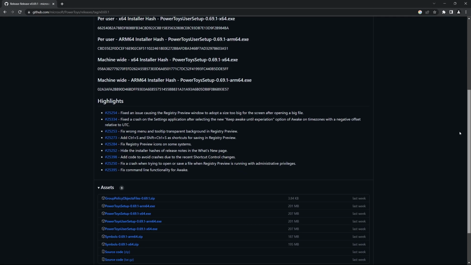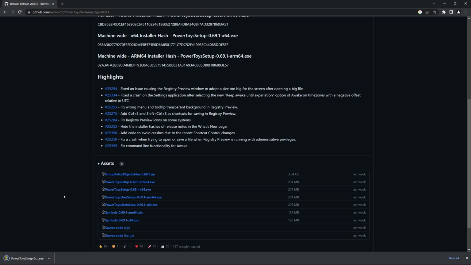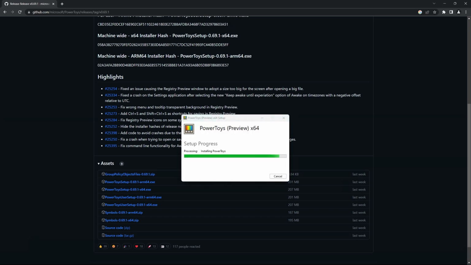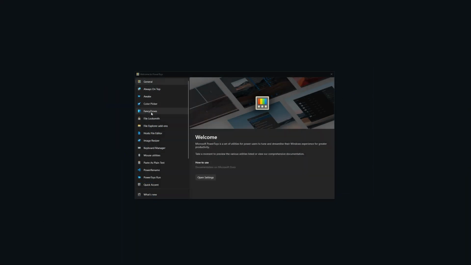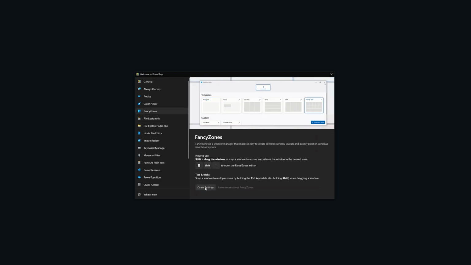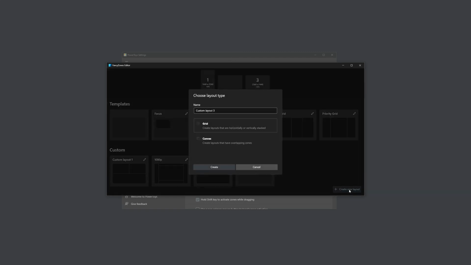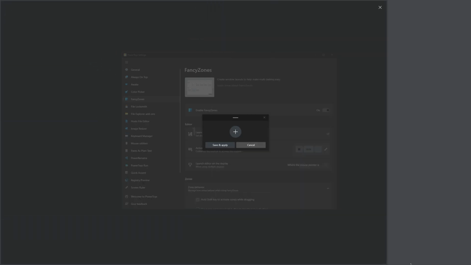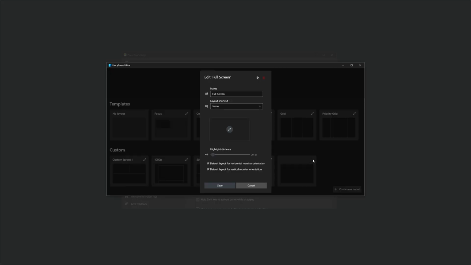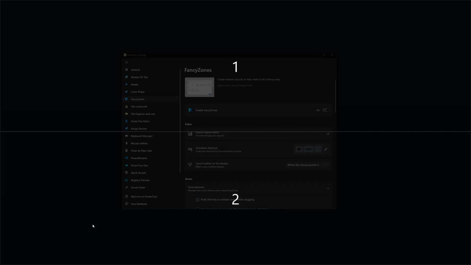All you need is to install PowerToys, a handy tool developed by the folks over at Microsoft. So yeah, it only works on Windows. There are a bunch of cool features in it, but we're just gonna lightly touch on FancyZones. Launch the editor, choose a screen, create a new custom layout, call it whatever, select the canvas option, and make it as big as your screen. You can set up multiple layouts, give them a shortcut, and easily switch between them.